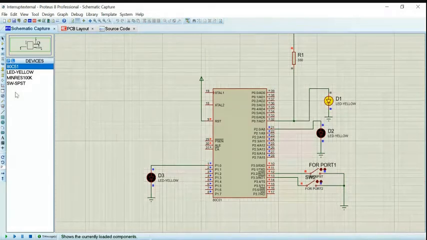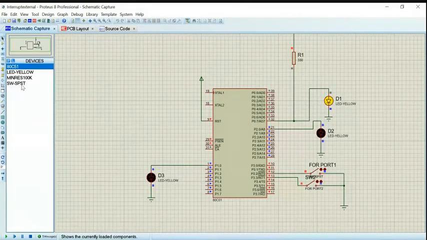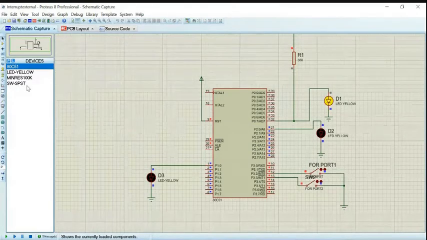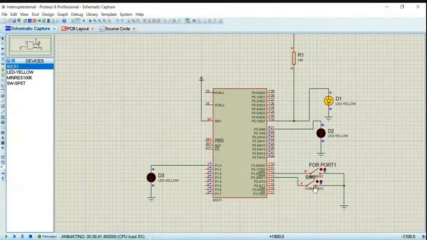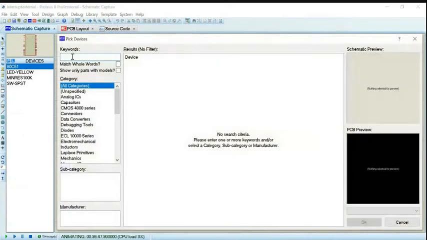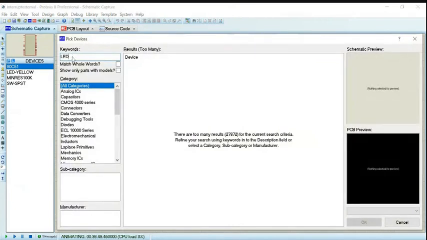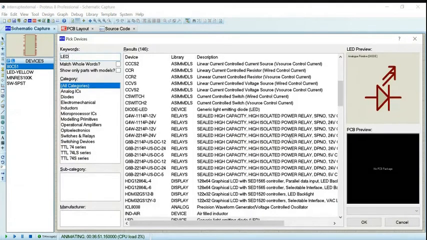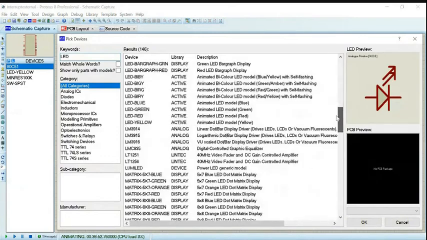This one is a single pole single throw switch, SPST, for the port 1 pin. While creating the project itself, the microcontroller will be selected by default. Then you go to your part list. In the part list, you type LED. So many LEDs will be available. From these, you select which LED you want.